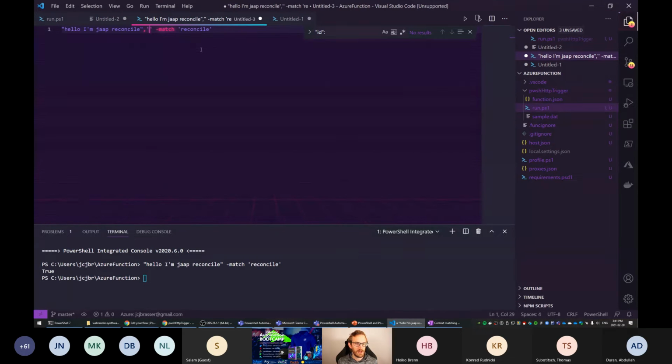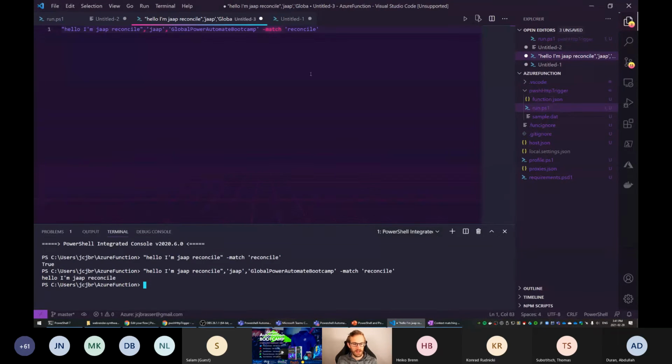If we have multiple sentences, for example, just one with Jaap and just one with global power automate bootcamp, now the PowerShell behavior will change, because instead of returning true, it's going to tell us which sentence actually has the word reconcile in there.